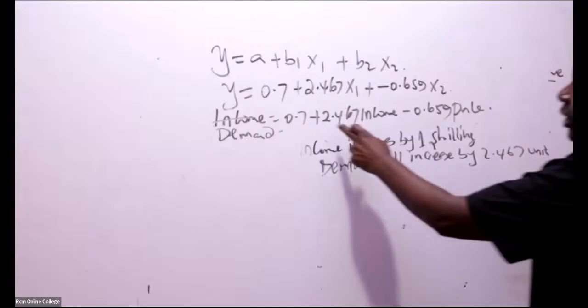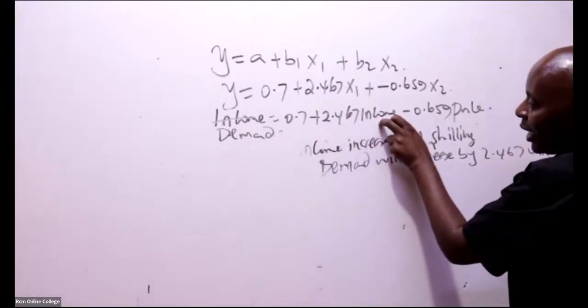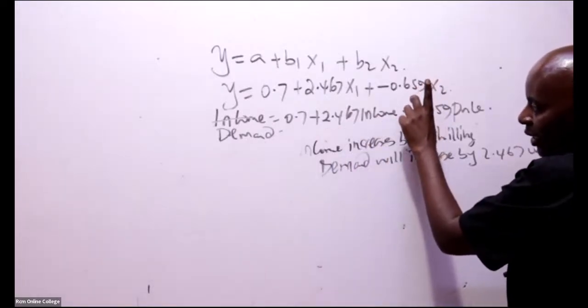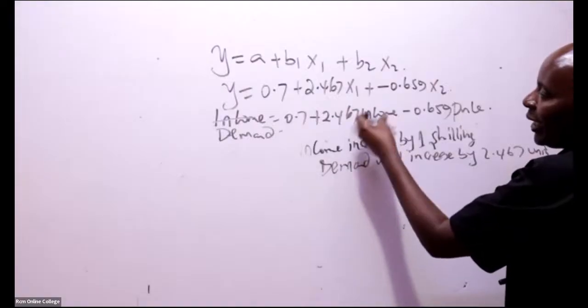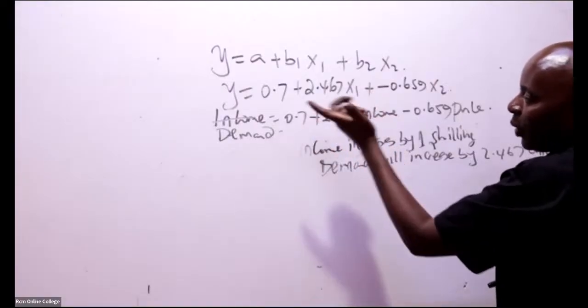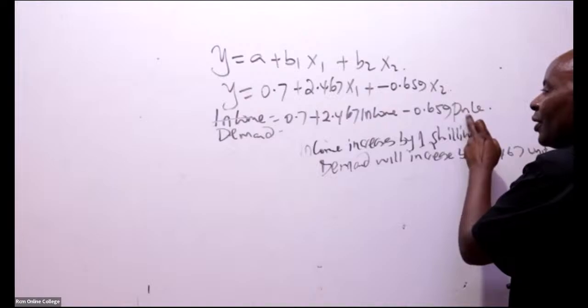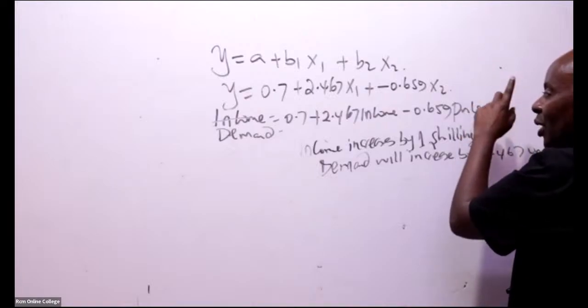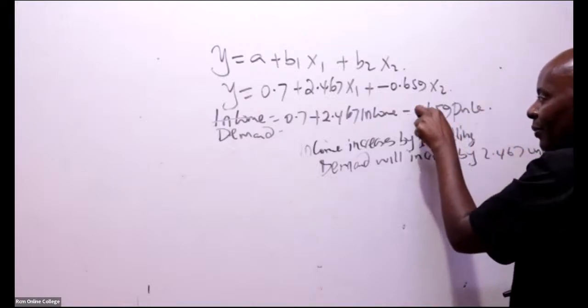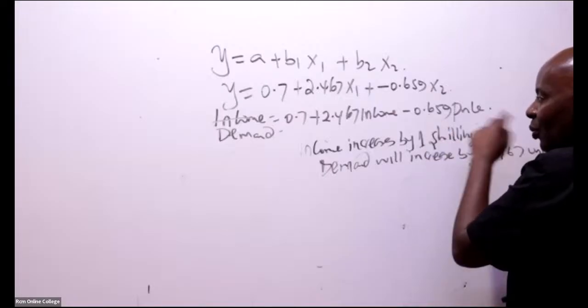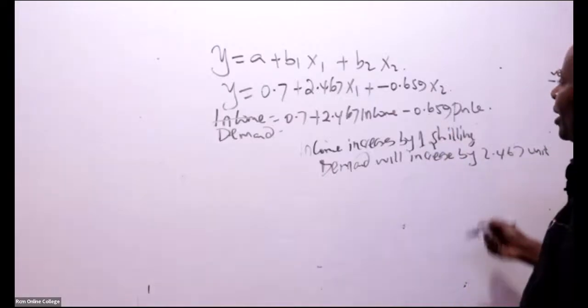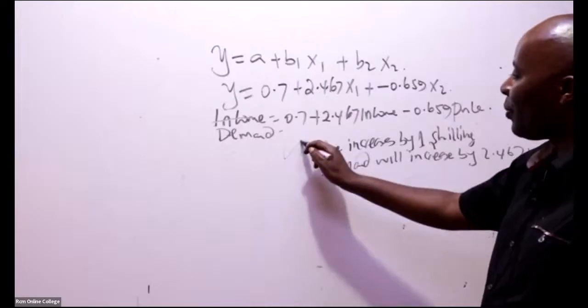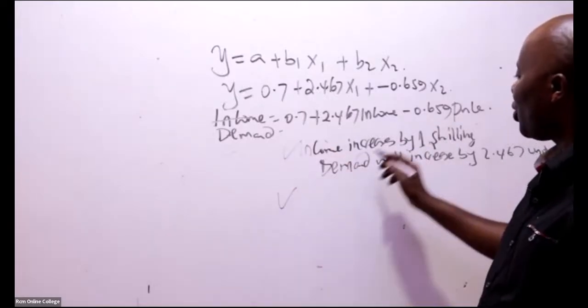So if the income, you see, it's a positive relationship. If the income just goes up by 1 shilling, automatically this will be the gradient at which the demand will grow. Here, if the price increases by just 1 shilling, because of the negative, demand reduces by this 0.659. So the way we interpret the second coefficient is that